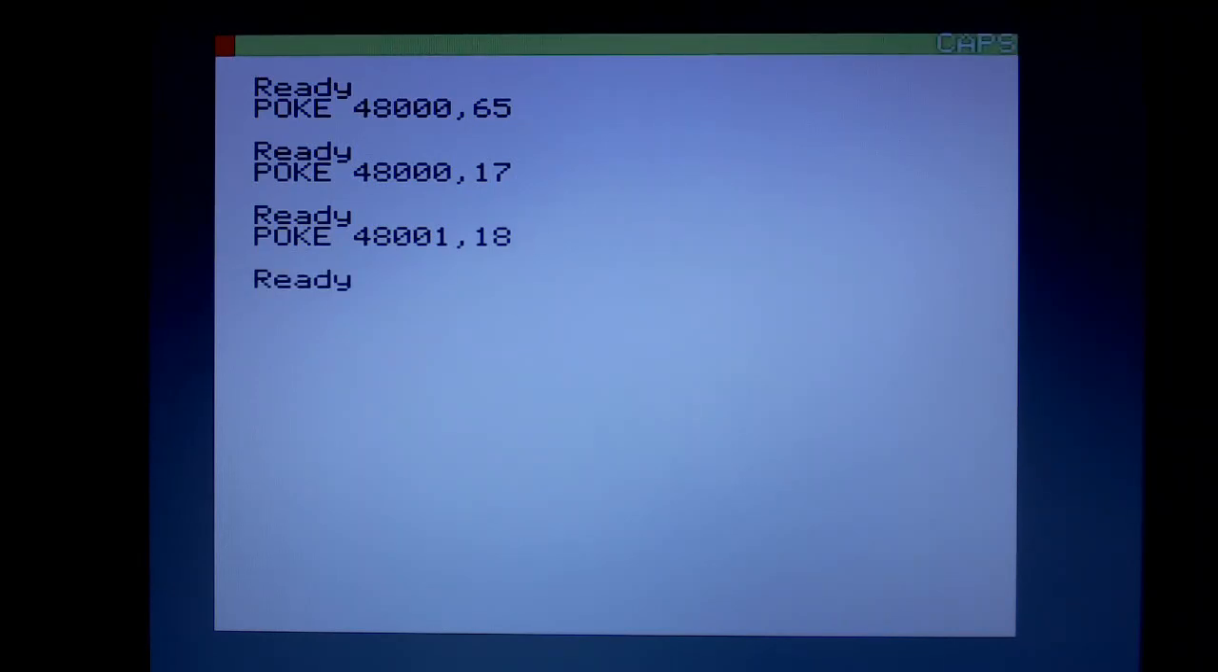So that's nice. I'm not using up extra RAM anywhere else to do that. However, I can't display a character in position 48,000. It's a code saying have a red background, and I can't even change the foreground color without adding another